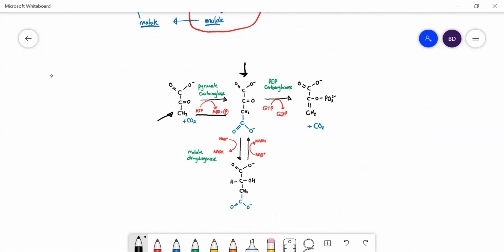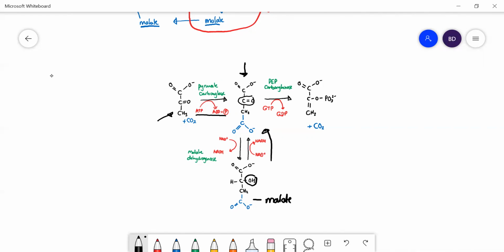Now, PEP carboxykinase, well, first of all, it needs to get converted to this one here, malate. For it to be able to pass out of the cell, the oxaloacetate needs to go to malate. Malate can then be turned back into oxaloacetate, going backwards. You see it's a redox reaction. Malate has got a hydroxide group there, whereas oxaloacetate's got a ketone, so you can see it's an oxidation